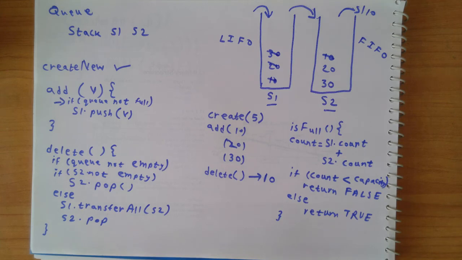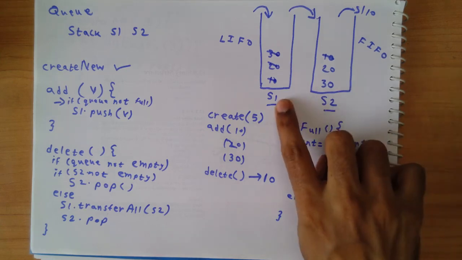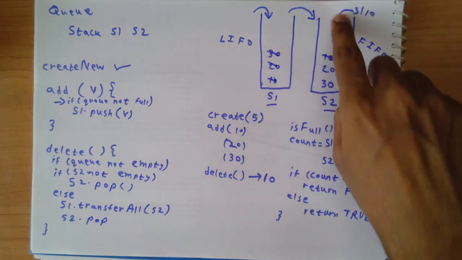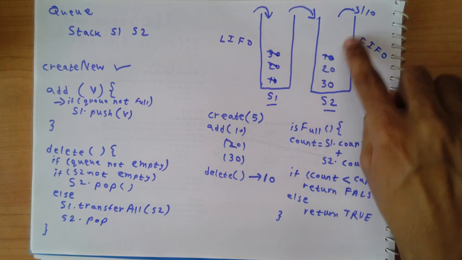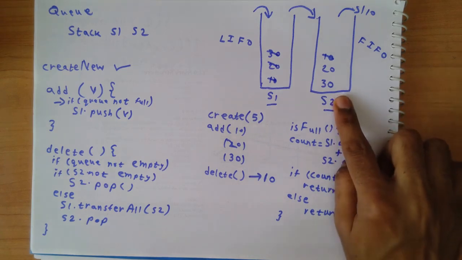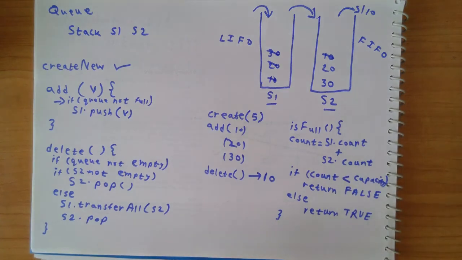So we will have the worst case for the delete operation when stack S2 is empty, but stack S1 is not empty. What will happen is we will have to shift all the elements to S2, and only then can we delete, which happened for this delete 10. That's the kind of worst case that can happen for delete. But apart from that, anytime there is at least one element in S2, your delete operation will work in constant time. But the worst case scenario is still there.